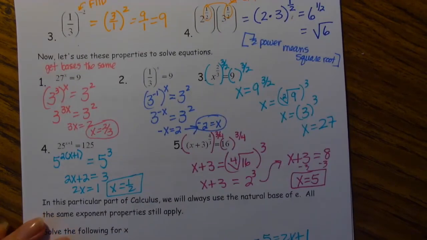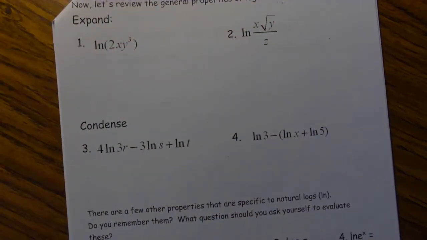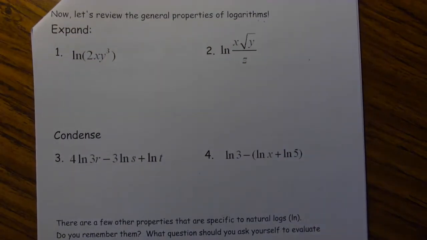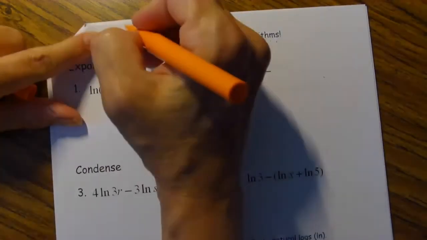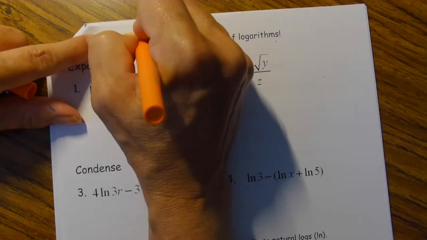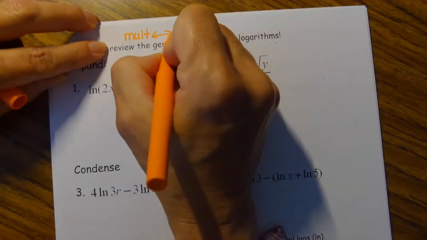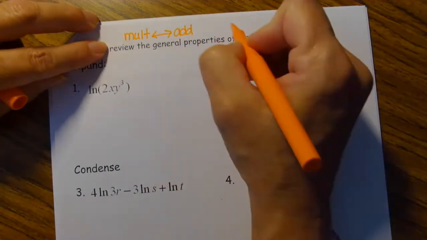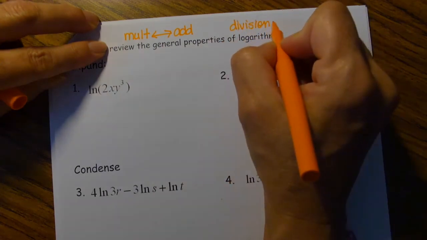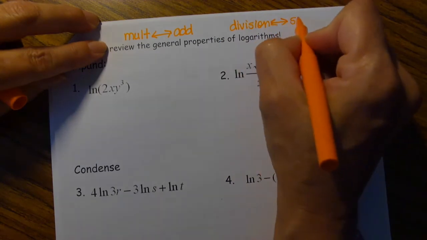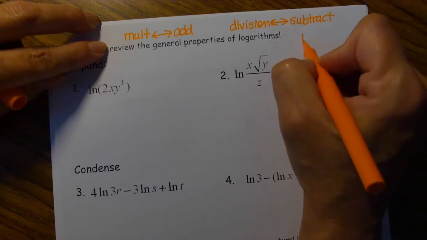All right, so we looked at natural exponentials. So now let's just practice our logs and then we'll be done. Let's write down those rules we wrote down just a second ago. What goes with multiplication? What do I do with exponents when I'm multiplying? Add. What do I do with division? I subtract exponents, right? And then power,